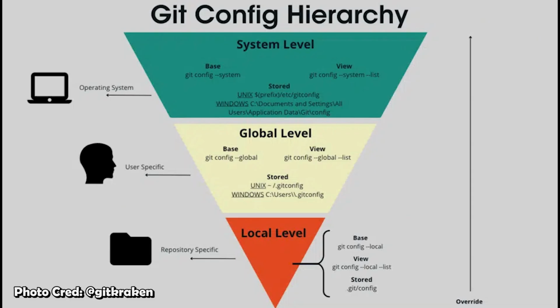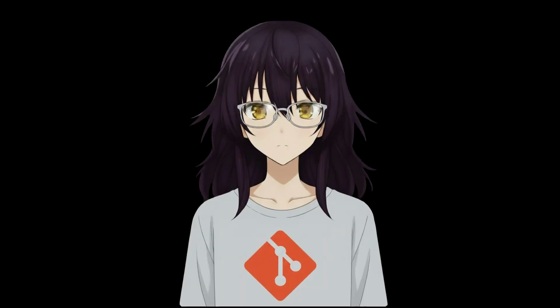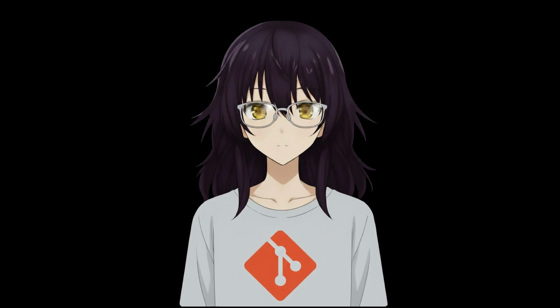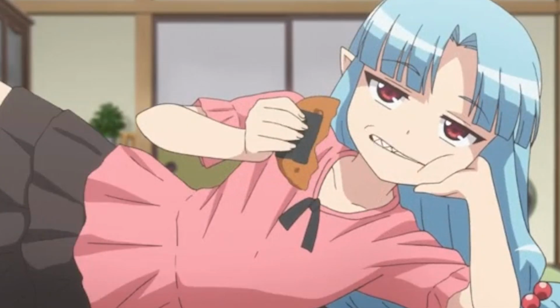So I thought that as programmers, we had collectively agreed that we're supposed to be uploading a new Git tutorial every 4 to 6 months, yet the most recent one I see was 8 months ago. So I gotta... hey bro, yeah, what's good? Did you try using the recently uploaded filter? Anyways, I got us this time, and listen, I'm sure you got stuff to do, I got stuff to do,